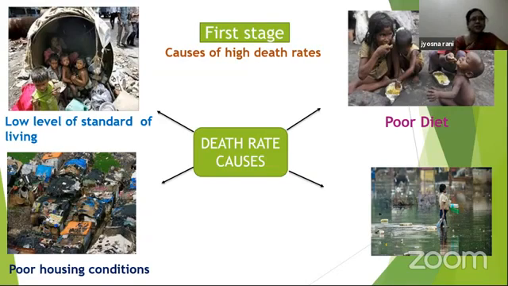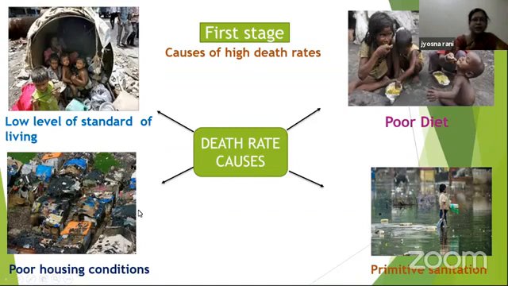Here, children, in the picture, you can see how the children are living. The standard of living is very low because of low levels of incomes. And you can see a large number of people live on an inadequate and unbalanced diet. Here in the picture, you can see the poor diets because of the low level of incomes, because of poverty. People could not afford the minimum basic needs. Inadequate food they are having here.